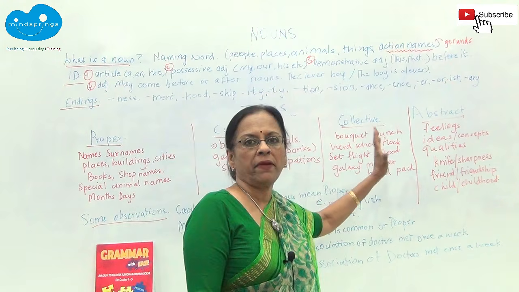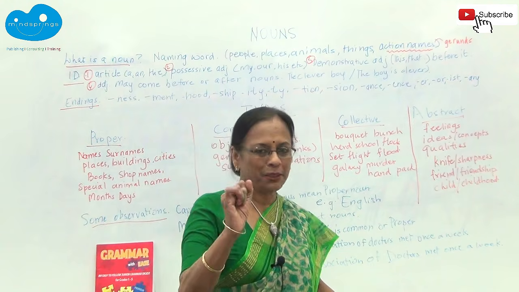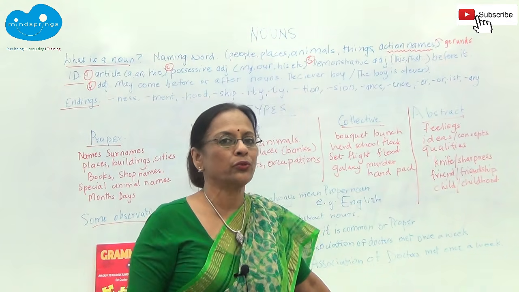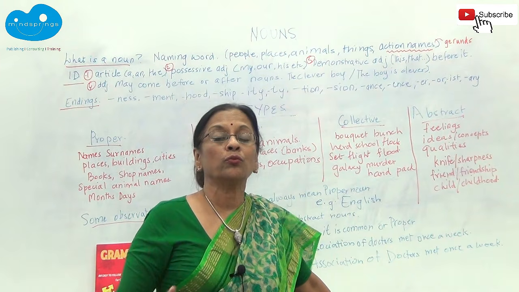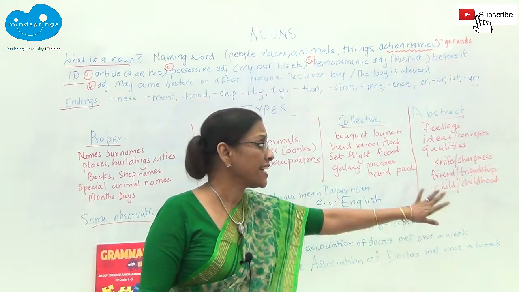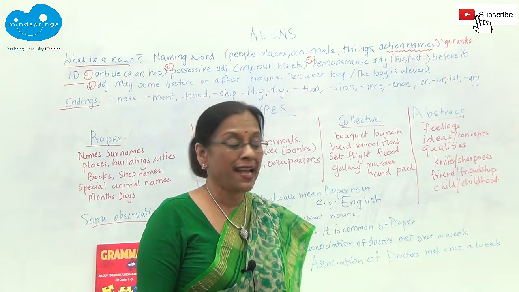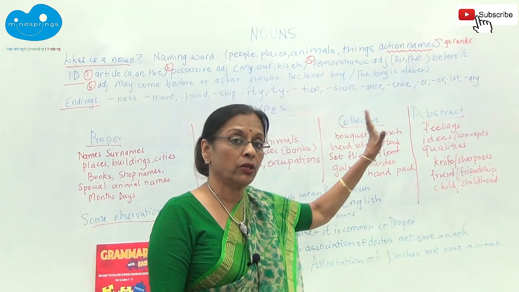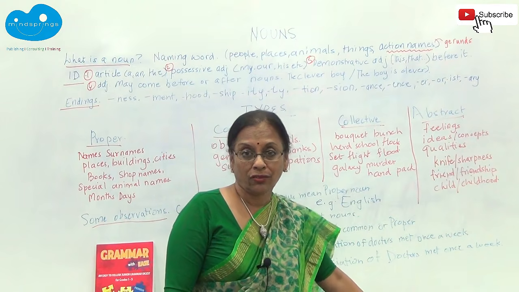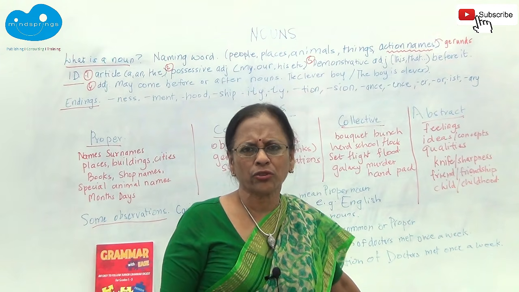Now we come to the big daddy, the abstract noun. The abstract noun is the muscle of nouns, okay, and it has to be used widely when you get into more serious writing in your higher classes or even for your examinations. This is the noun group that they are going to test you on. And all those endings that I talked to you about, many of them will be part of the abstract noun. Not the ER and OR because that's a doctor and lawyer and that's not an abstract noun.